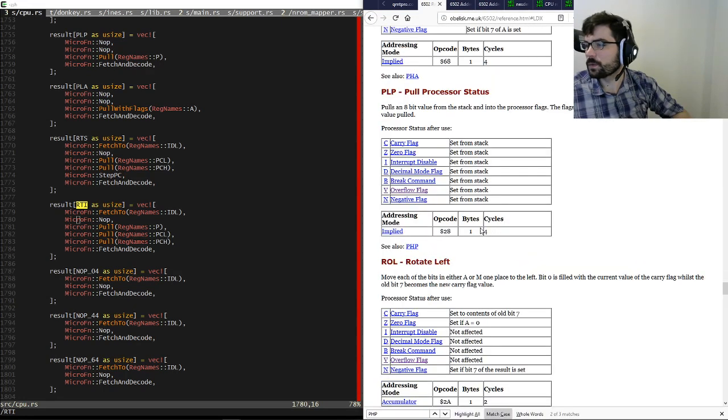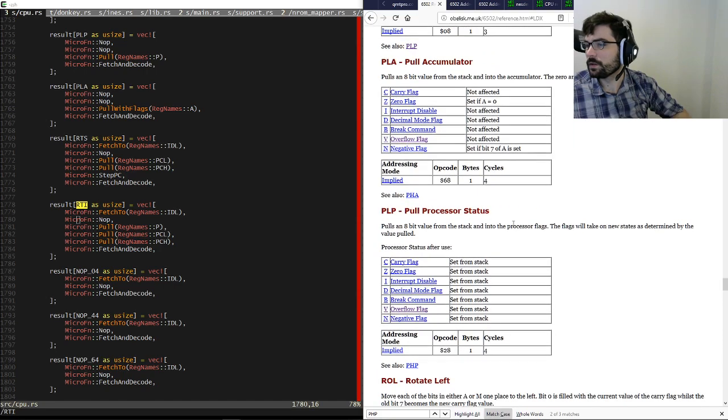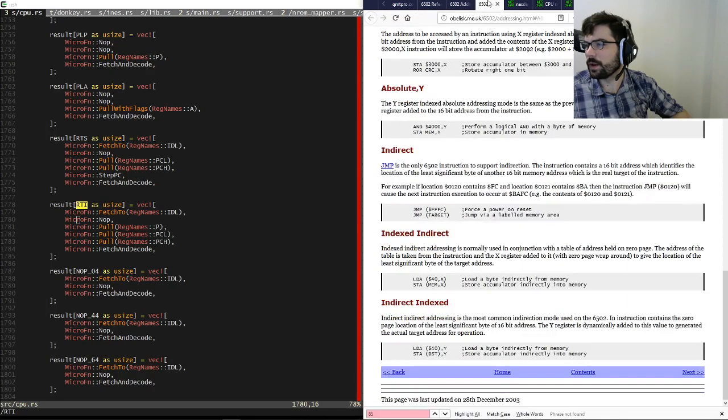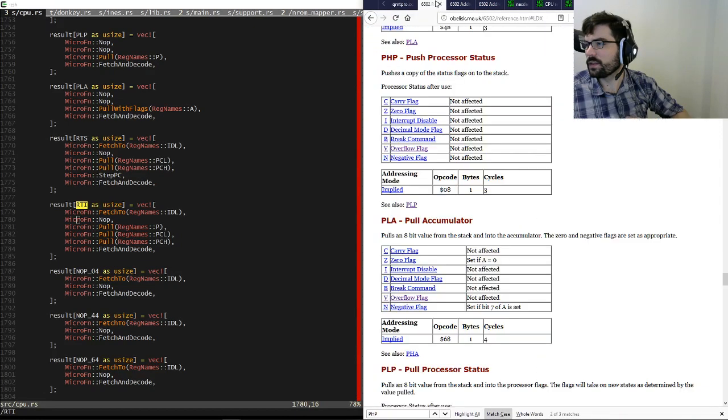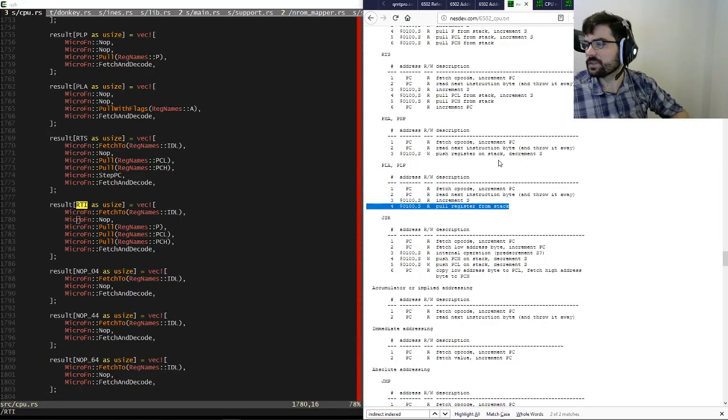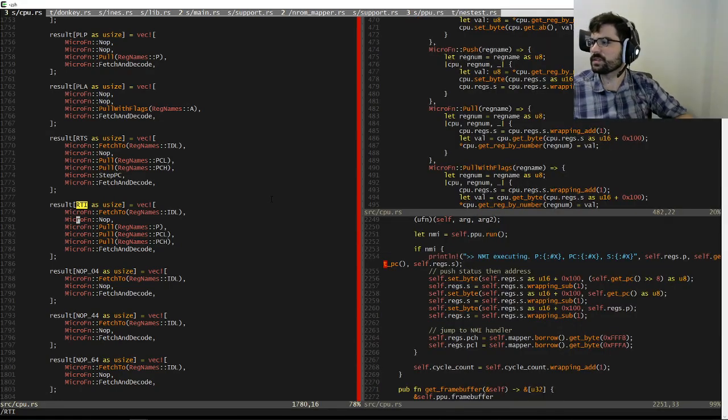So this says 4 cycles, and so does that, which does make sense. Push is only 3, according to this thing, as opposed to this one. Oh no, that also says it's only 3.